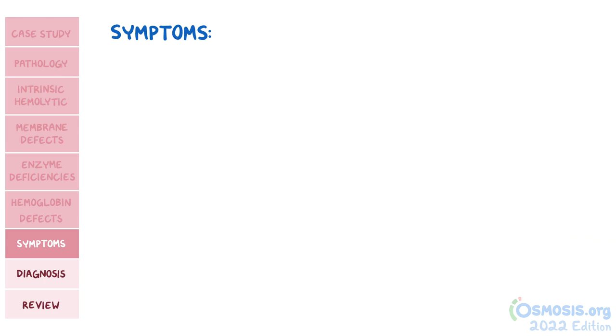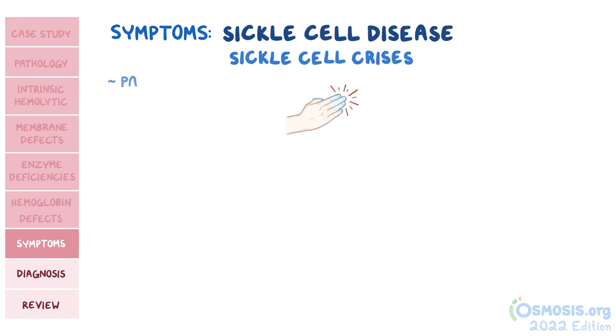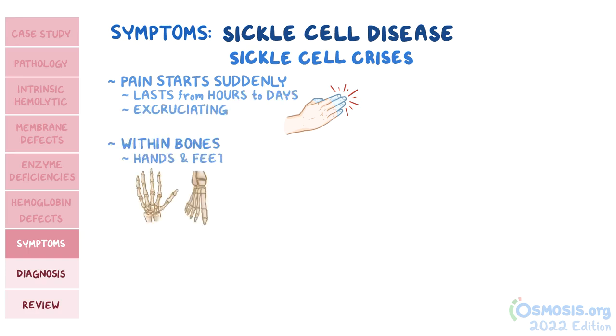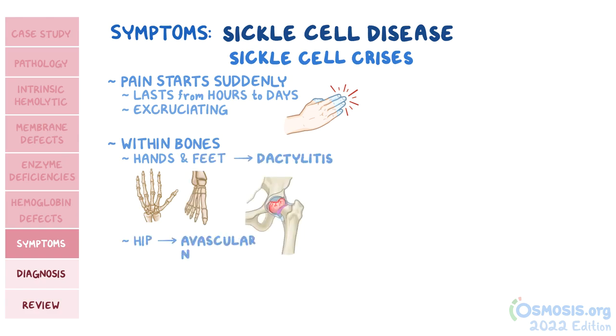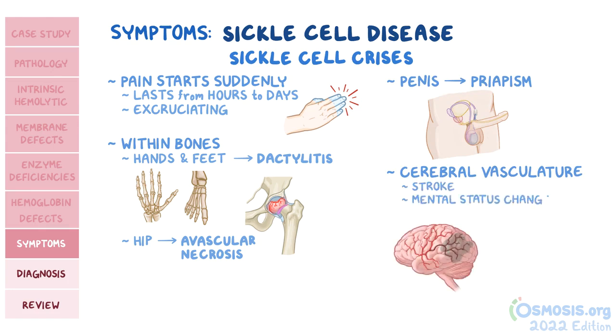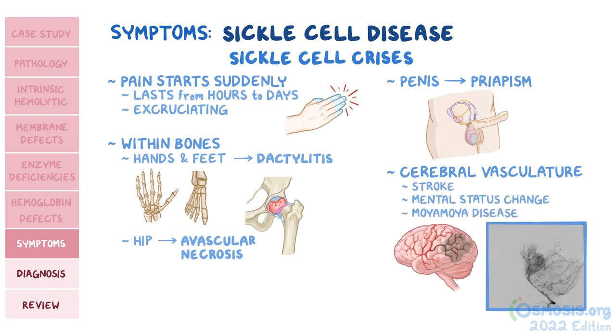Let's move on to hemoglobin defects, and specifically sickle cell disease. During sickle cell crisis, the pain starts suddenly, can last from hours to days, and is excruciating. It can occur within bones of the hands and feet, called dactylitis, in the hip, causing avascular necrosis, in the penis, causing priapism, and in the cerebral vasculature, causing a stroke, mental status changes, and moyamoya disease, named for the